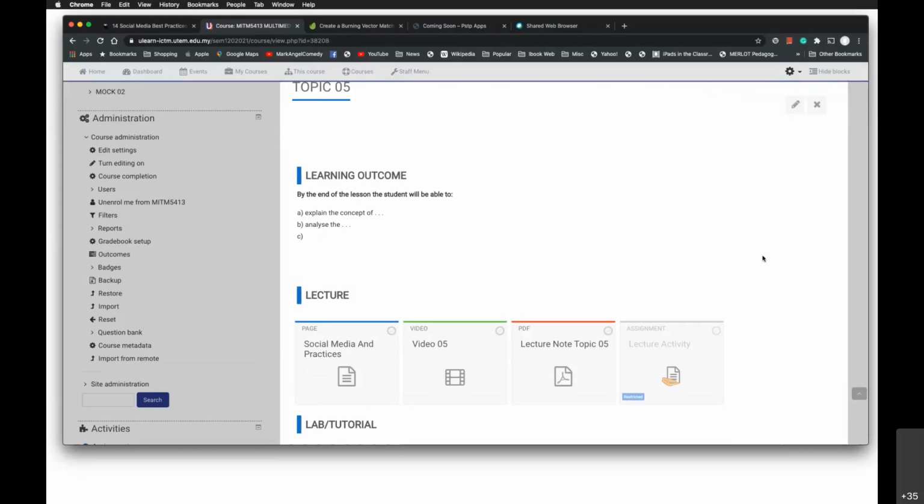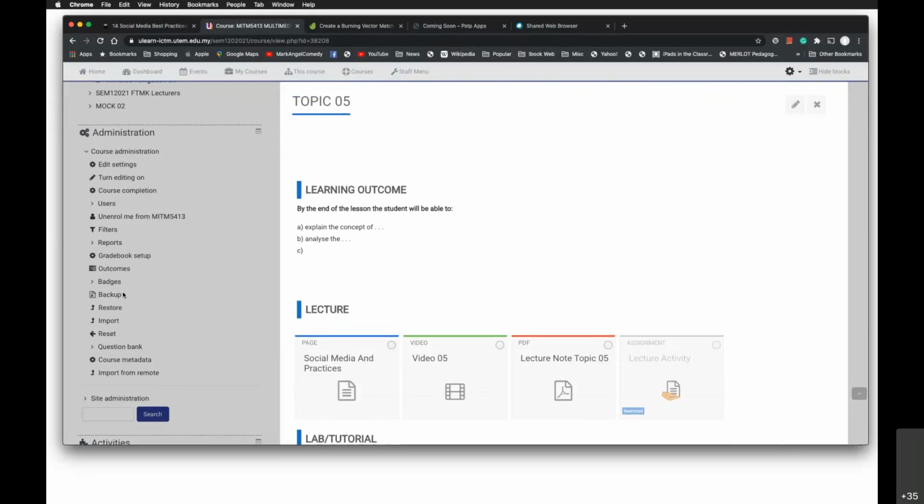Okay, thank you, Dr. Zul, for that explanation. The second question is, can you please share how to transfer contents like tests and exams from previous semesters to this semester? Okay, now, at the moment with this new UI, what you need to do is